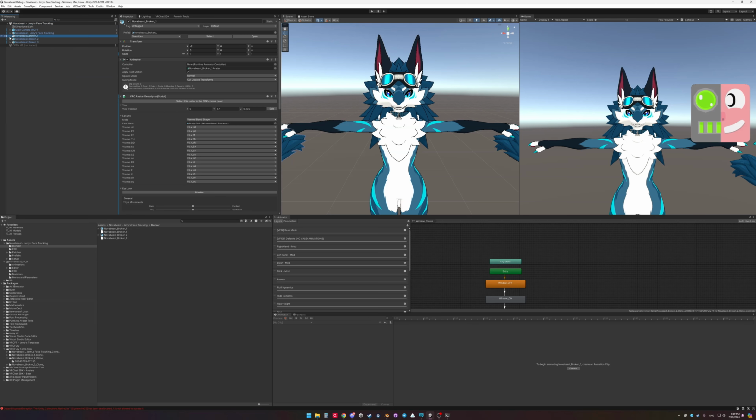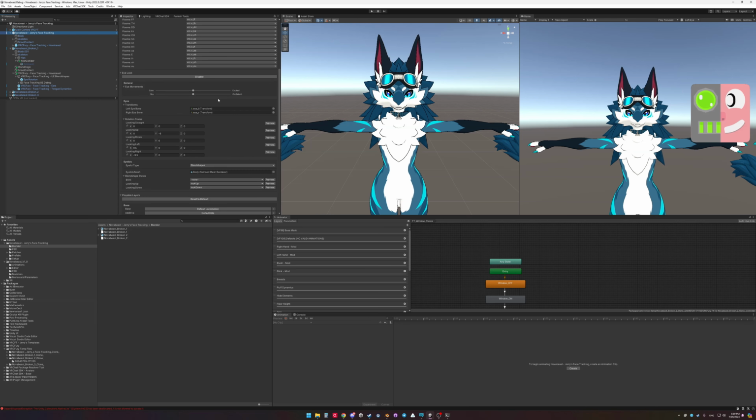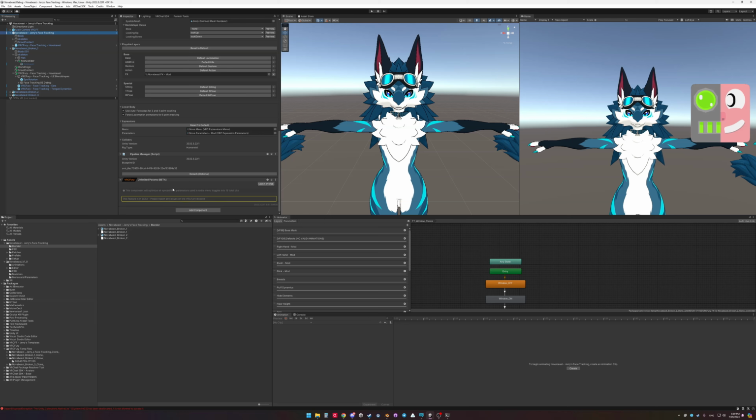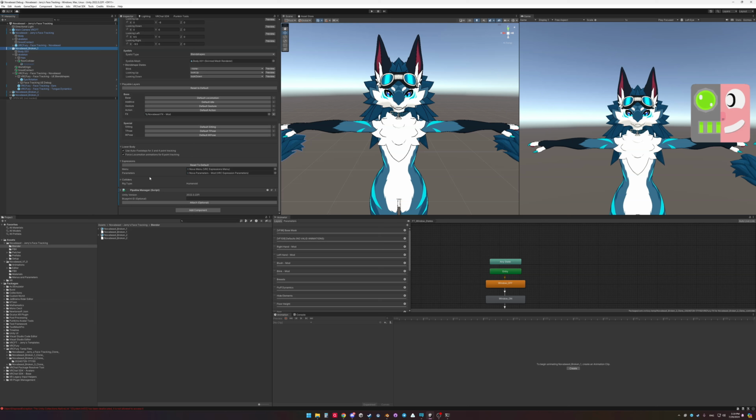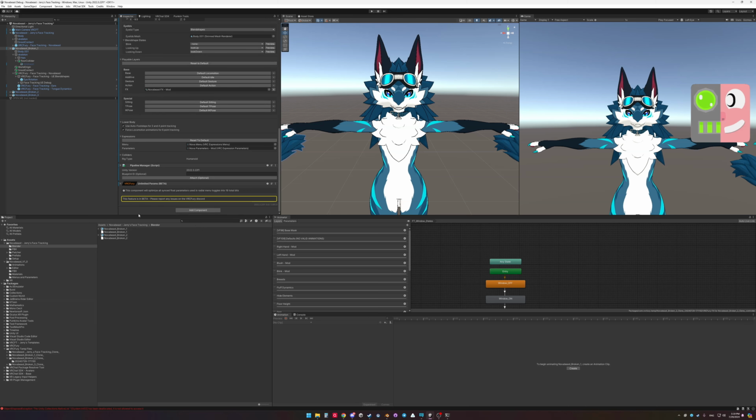So let's look at my template. I'm using unlimited parameters, and I think when I was using Pumpkin's tool, it didn't copy over unlimited parameters. So if I do VRC Fury, unlimited parameters, beta,